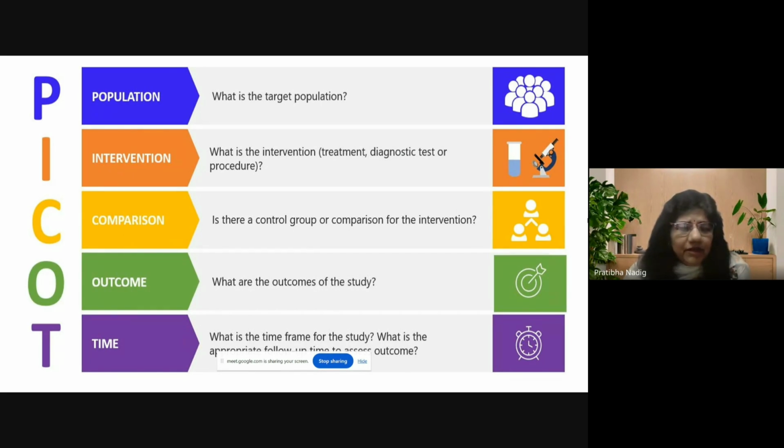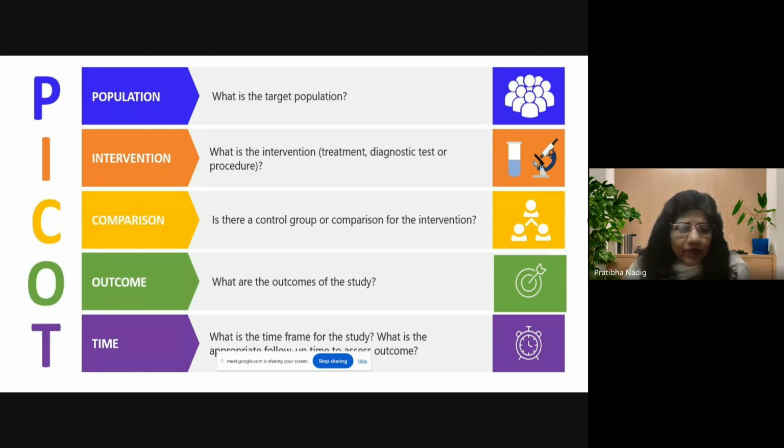Because unless we define it, we cannot go on and on and on, whether we are students or faculty. We have to have a limited time, and later we should also develop a Gantt chart: which month we are doing what activities. Only then will the research be completed in that particular time, including the publication. So this is the PICOT criteria.